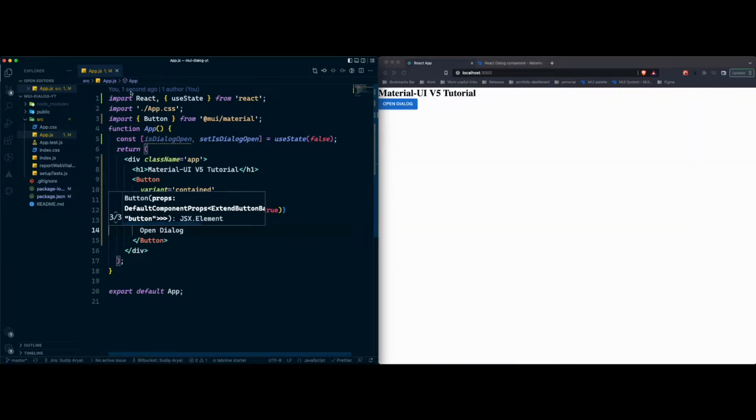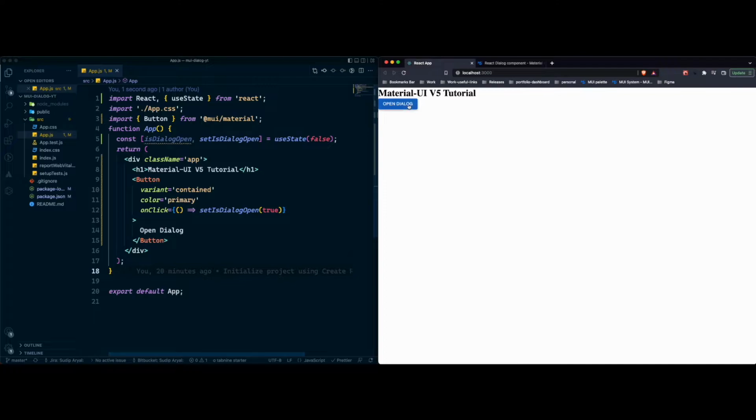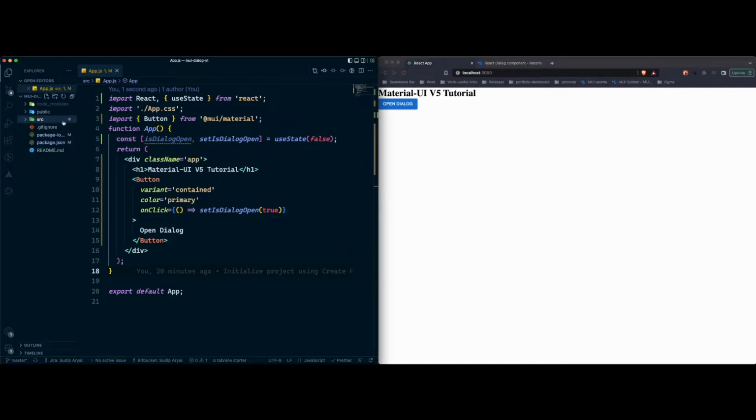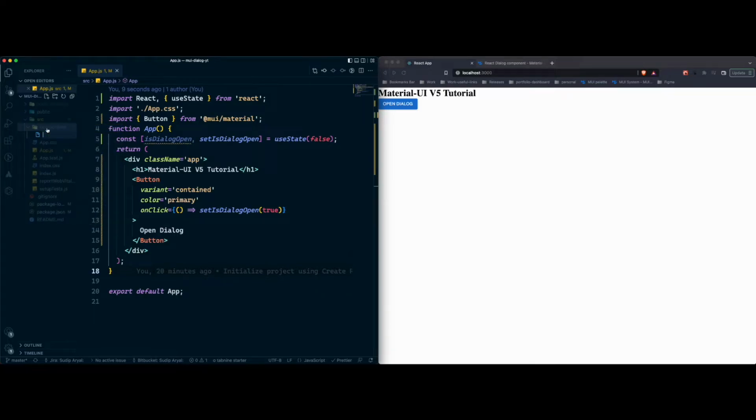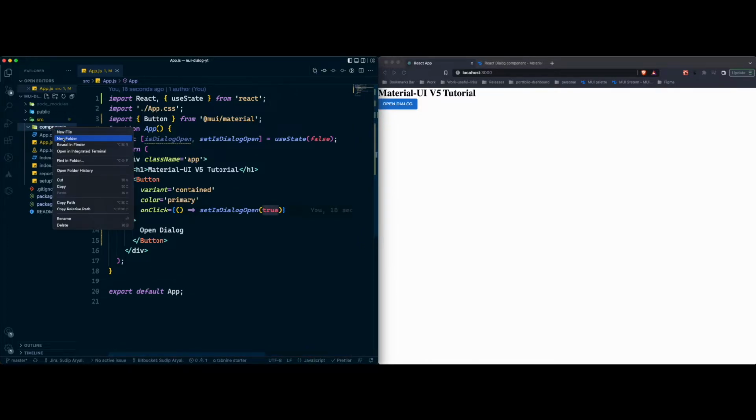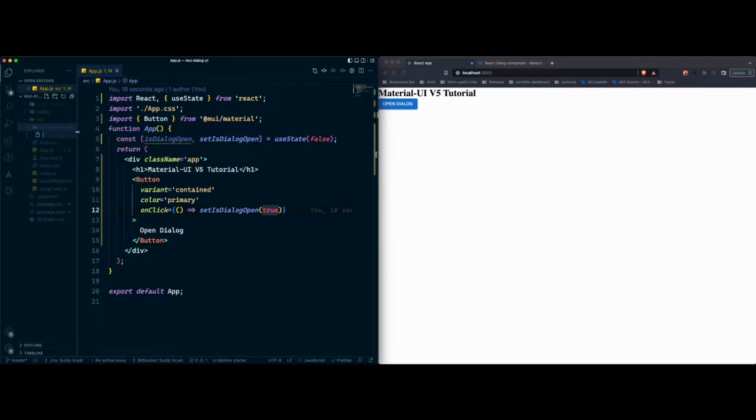Nice. So now every time we click on this button, it should set up the flag to true. But right now it doesn't do anything because we don't have that dialog, right? So let's go ahead and create that. In the source directory, I'm going to create a folder called components. And within the components, I'm going to create another folder called dialog. And within that dialog, I'm going to create a new file called